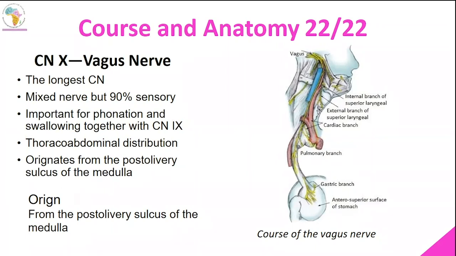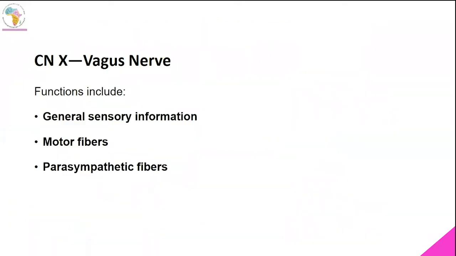Okay. So with regards to its origin in relation to the brainstem, it arises from the postolivary sulcus within the medulla oblongata. So the functions of the 10th cranial nerve include